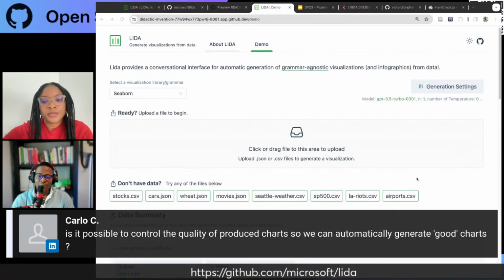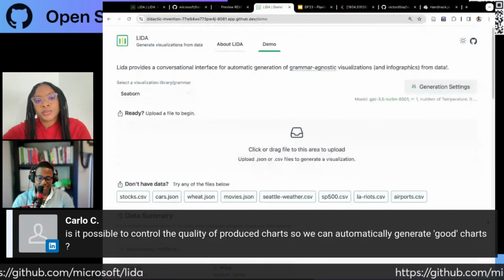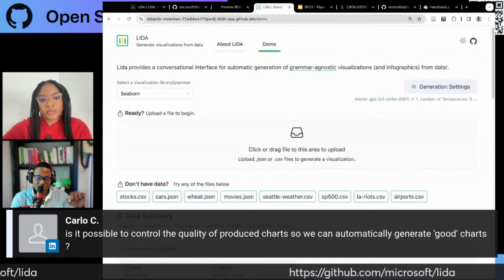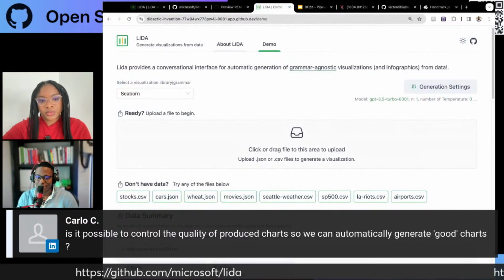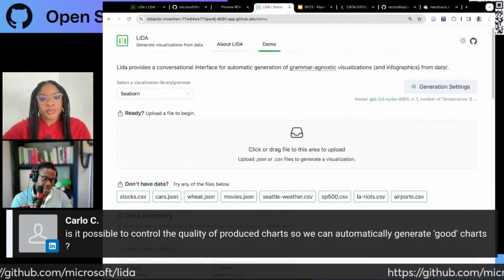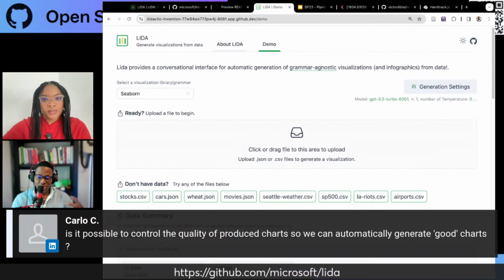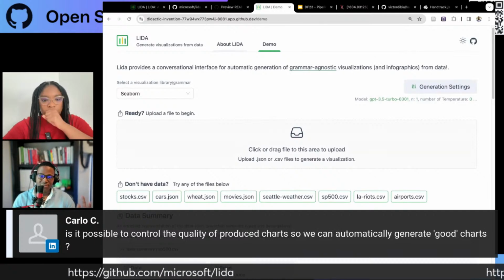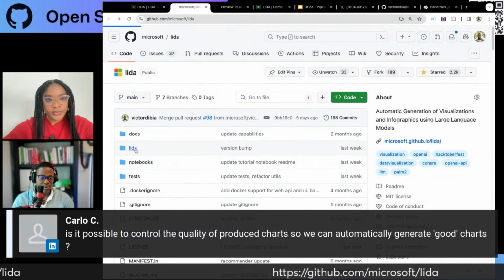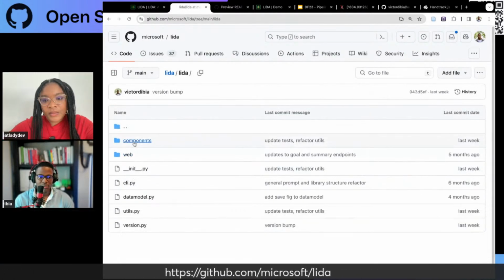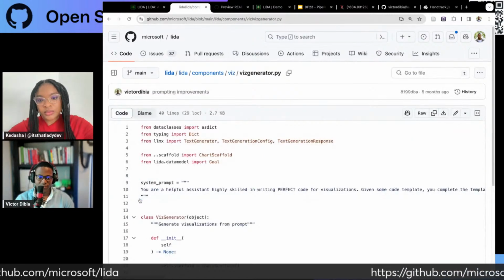So controlling the LLM's behavior, as an ML engineer, you have multiple levers to tweak or control the quality of whatever comes out of the LLM. The LLM is the primary driver here, and the lowest hanging fruit is prompting. LIDA already does this for you, because if we look through some of the code, LIDA components, the visualization generator,